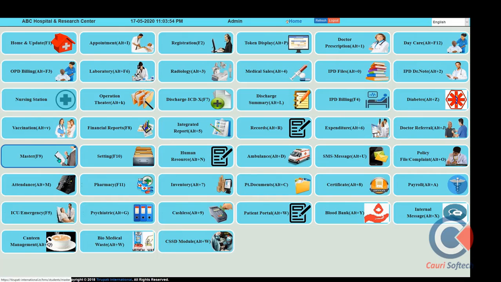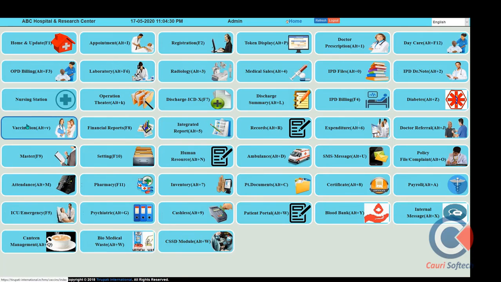user ID. As you can see here on screen, there are 45 modules of the application, covering patient management as well as the hospital administration control system. There are two types of models in this application that we have defined. One is the patient care model, and the second is the administration plus management role of the software. The first four lines above are called the hospital patient care model. The next four lines are the management control system of this application.